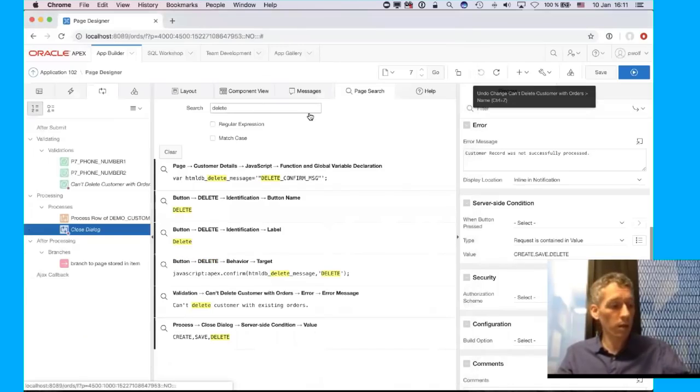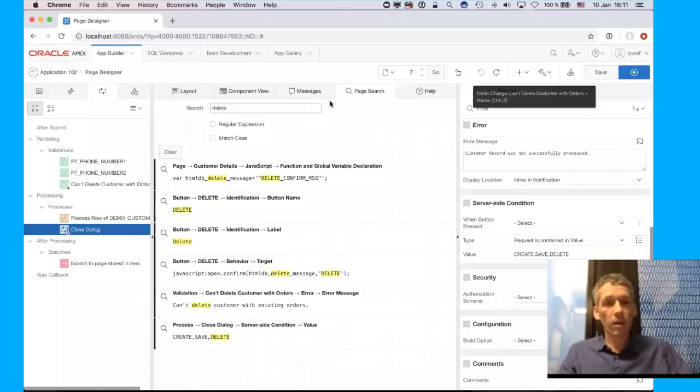So Apex Spotlight is really a great way, a central place, to navigate your application, to navigate the application builder, to navigate the Page Designer. Something you should really have a look at, and especially memorize the keyboard shortcut Control quote to activate it and use it as a quick way to navigate around. Speaking about search,